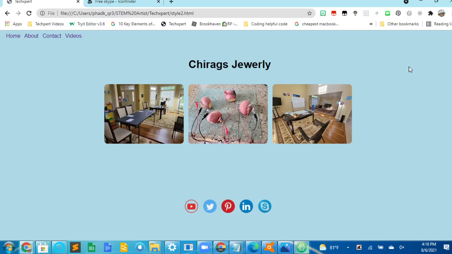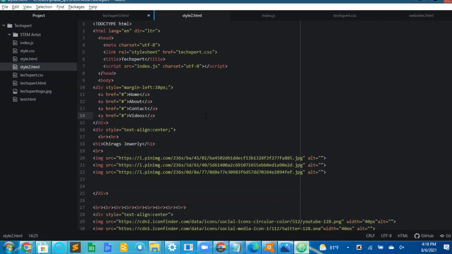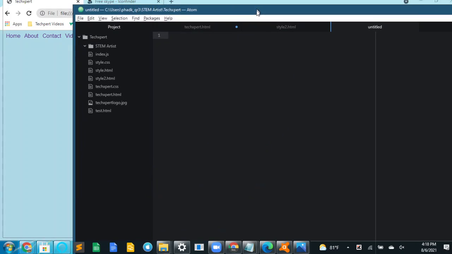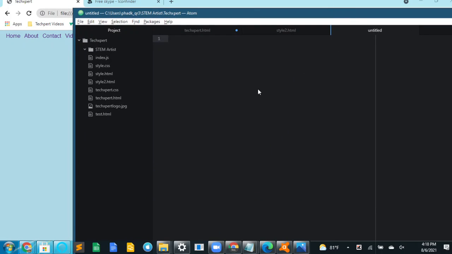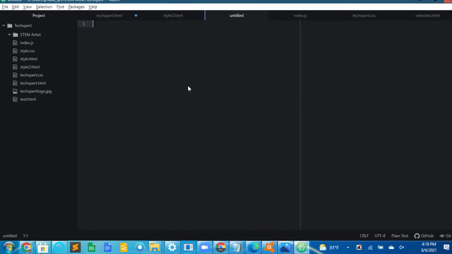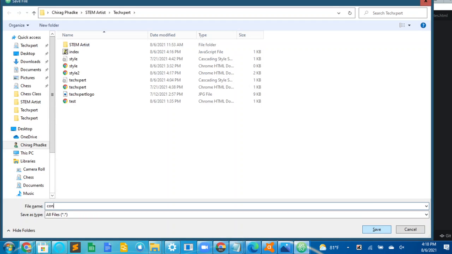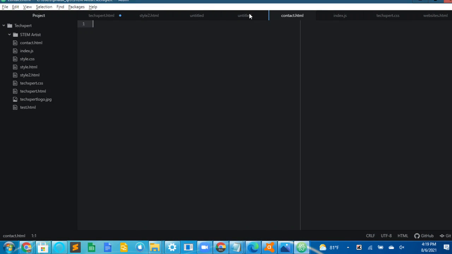So after I add the navigation bar, the next thing I'm going to do is make my other files. I'm going to make a few more files. I have 1, 2, 3. So I'm going to make 3 files. Each one of them is an HTML file. So I'm going to save them, one as contact.html, and one as something else.html, like